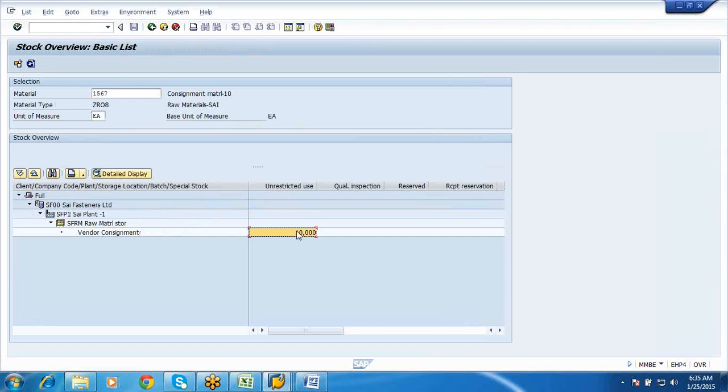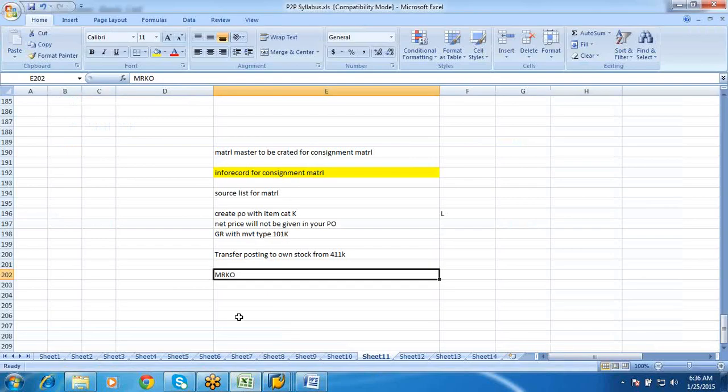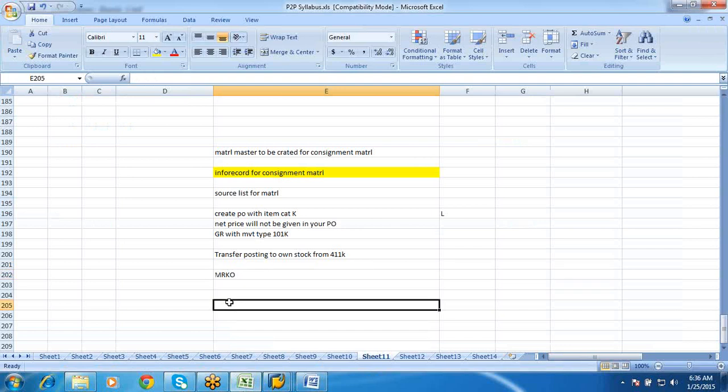Now this needs to be issued. There is one more way where you can transfer it to your own stock and then issue it. One is you can directly issue it from the vendor consignment stock.